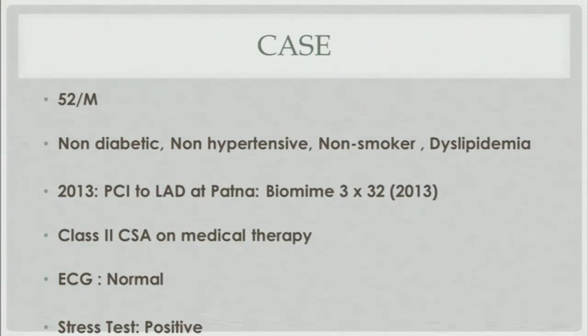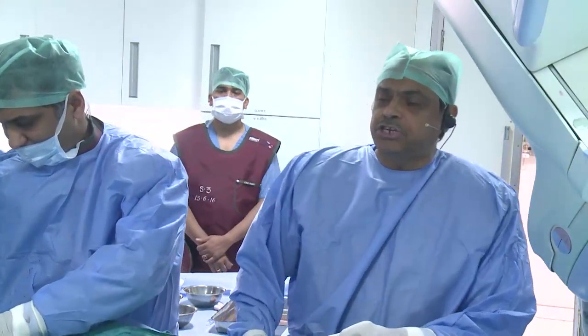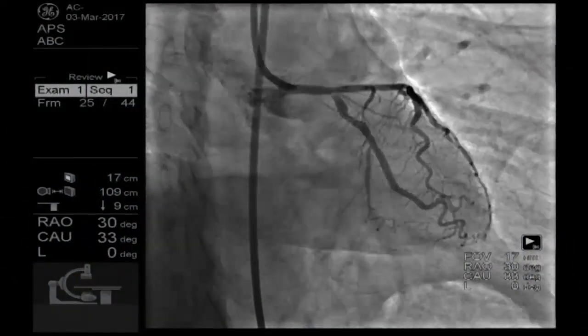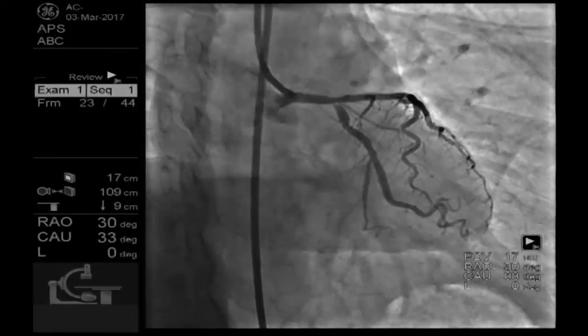This is a 52-year-old male, non-diabetic, non-hypertensive, non-smoker, dyslipidemic. He had a 3/32 stent in 2013 in another city. Now he has come with class 2 angina on optimal medical therapy. The ECG is normal. The echo functions are normal. Stress test was positive. So we did, see the picture, main to LAD, which is